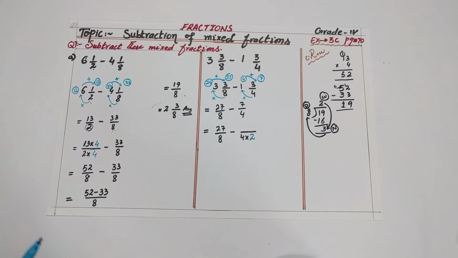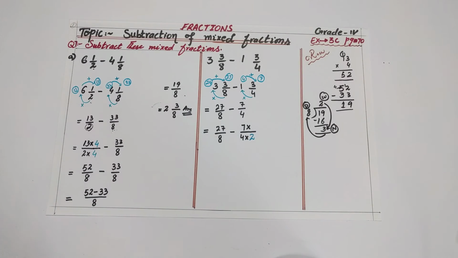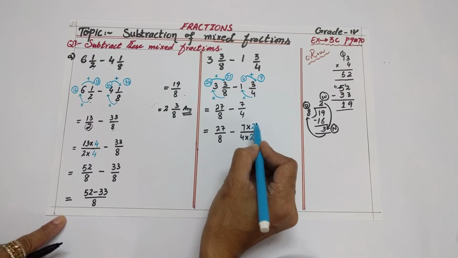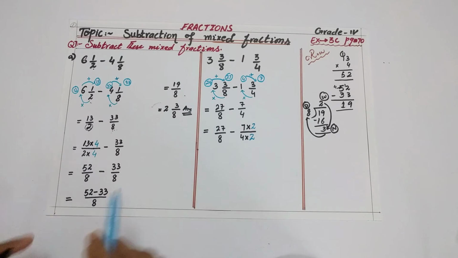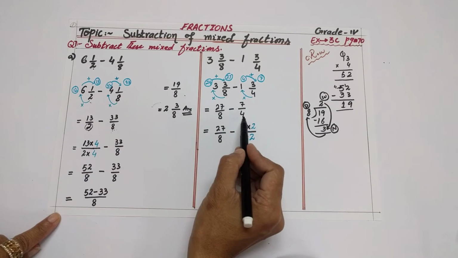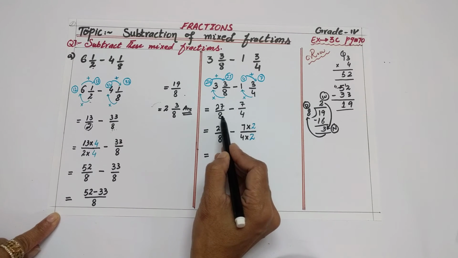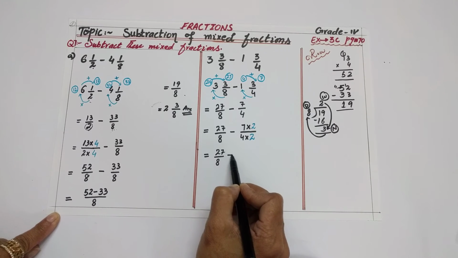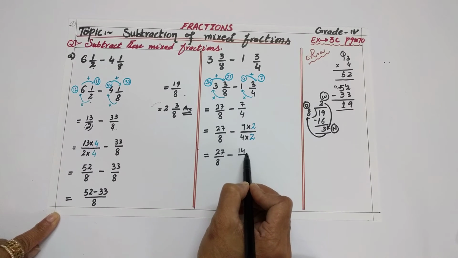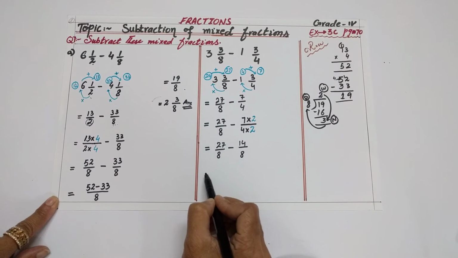So if you are multiplying the denominator by any number, you will also multiply the numerator by the same number. We are working with the smaller denominator just to balance the denominators, to convert the unlike denominators into like denominators, and for this purpose we will just work with the smaller denominator. We can convert the smaller denominator equal to the greater. So the fraction with the greater denominator will be as it is. 7 2s are 14 and 4 2s are 8. Now your fractions have like denominators.